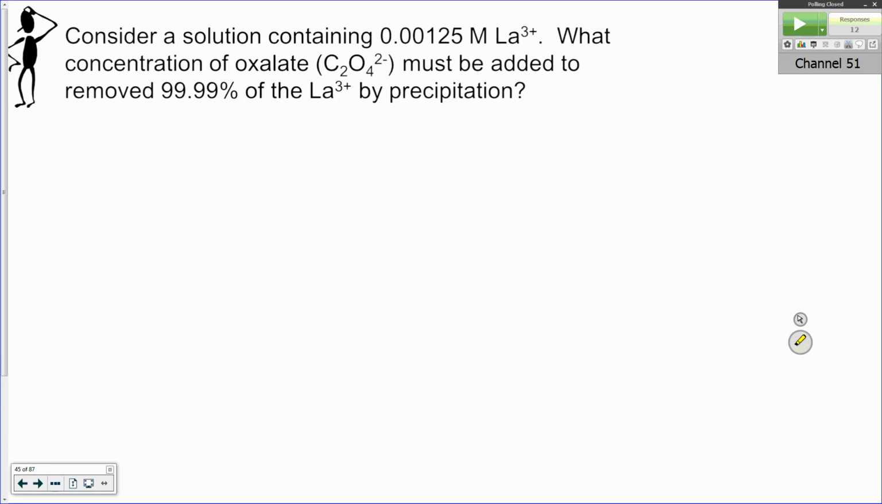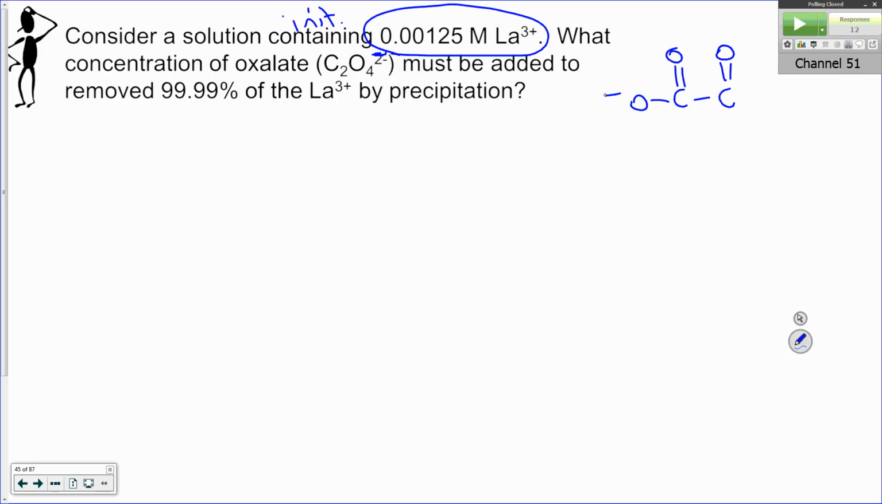All right, so here's a test question that I gave a couple of years ago, so I want to work through this one completely. I've got a solution that contains an initial concentration of lanthanum 3+. It's not a cation we use much in the lab, but it certainly has its applications in the real world. This is its original concentration, so think about this as the initial. I want to know how much oxalate I would have to add. And the oxalate ion, that's not one that you maybe talked about much in other classes, but we use it all the time in